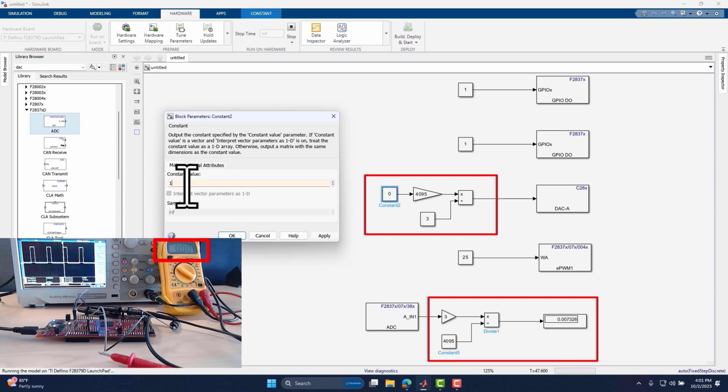Like this, you can use the ADC ports available on the C2000 MCU to read the analog voltage or connect any analog sensor to the ADC input port to read real-world data using the ADC.